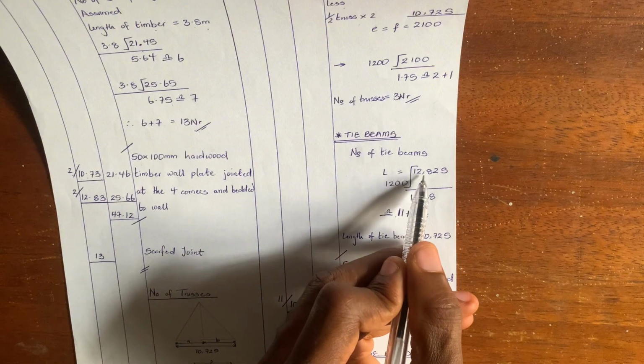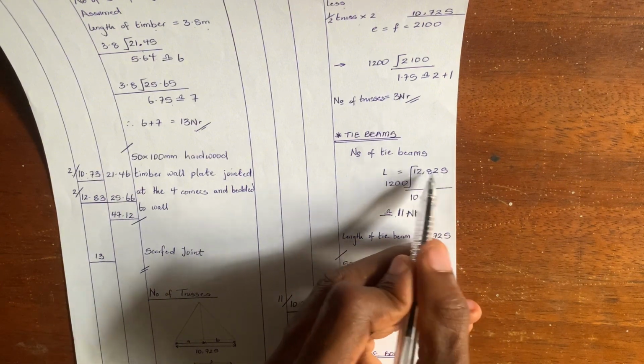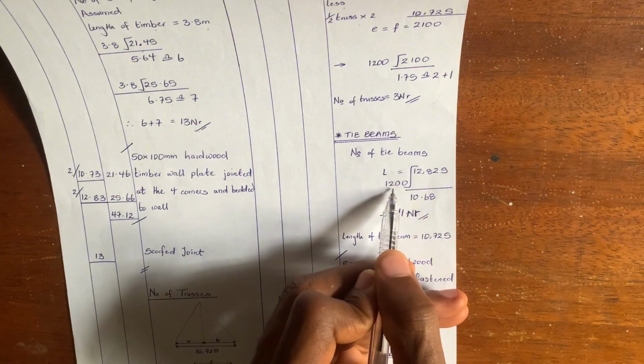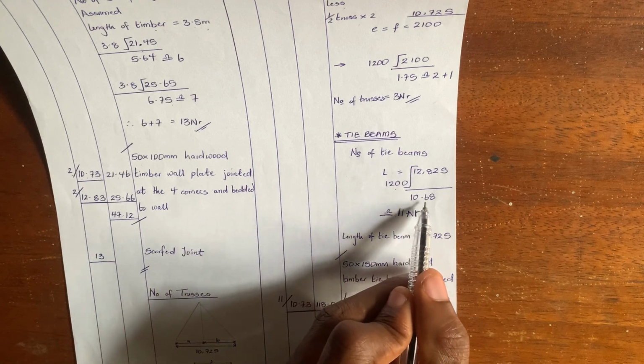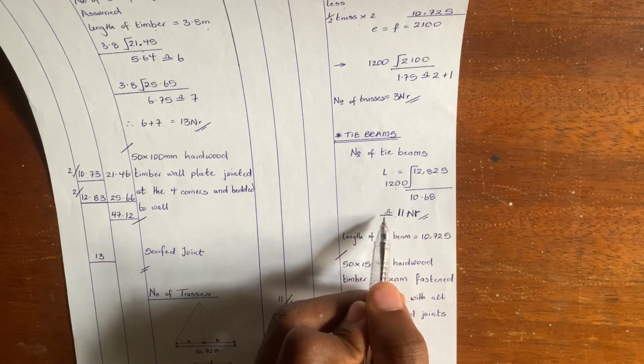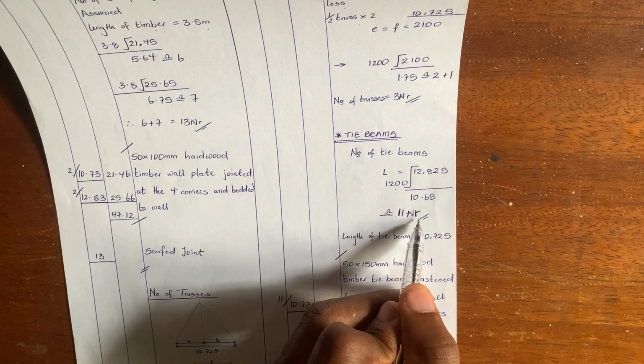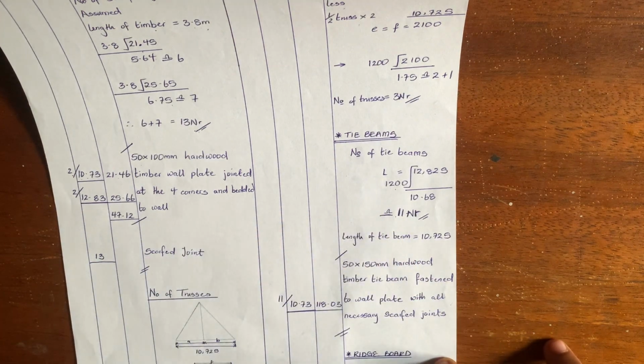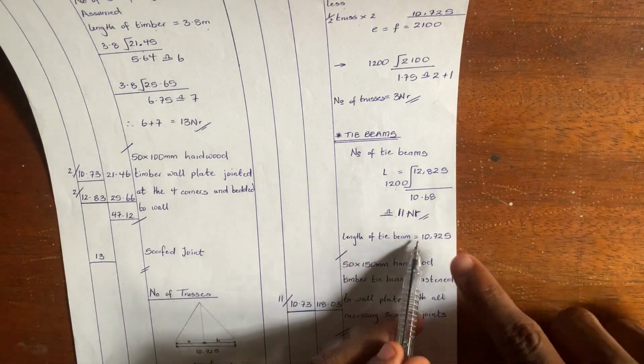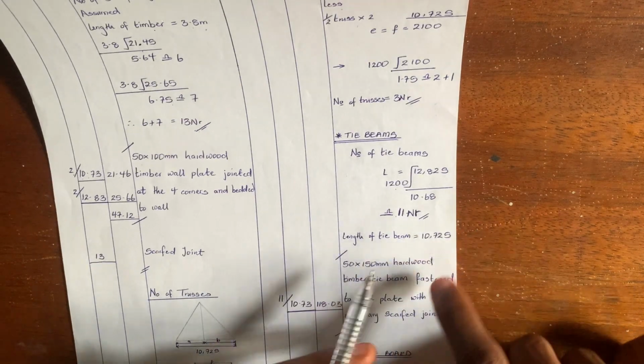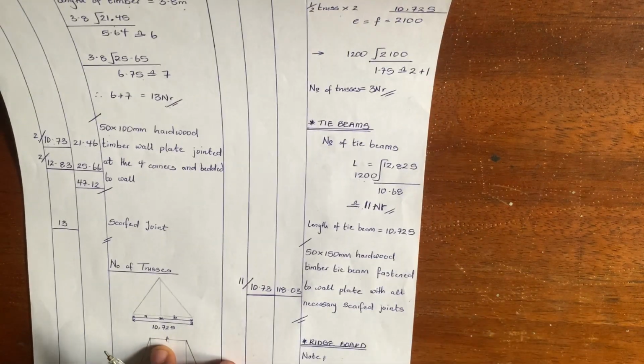Length is equal to 12,825. You divide it by the spacing, 1,200, and it will give me 10.68, which is approximately 11 number. So we're going to be having 11 tie beams across the span of 12,825. We know that the length of our tie beam is 10,725. So now all you need to do now is to